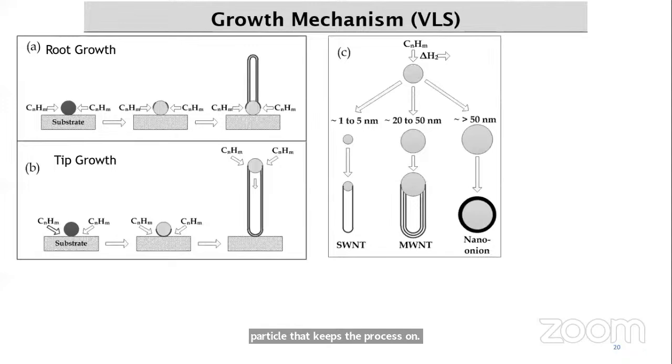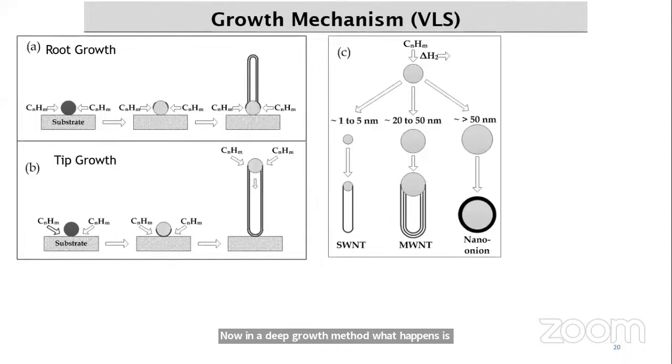Now, as I said, there are two methods. One is the tip growth model. Another one is the root growth model. Now, you have here the substrate and the nanoparticle. The substrate is what the nanoparticle is placed on. Now, in the tip growth method, what happens is